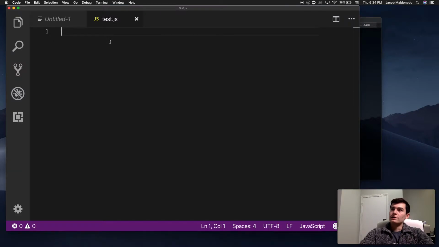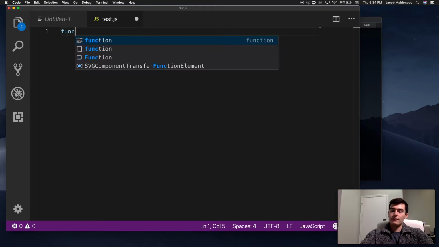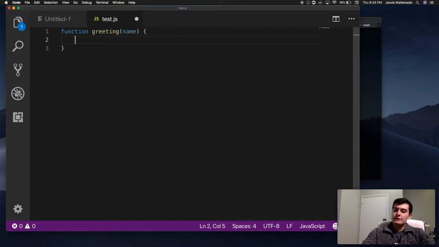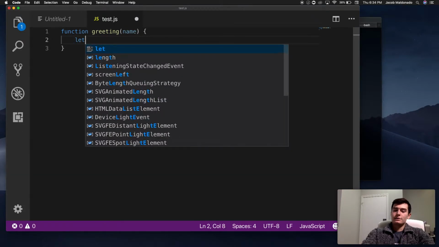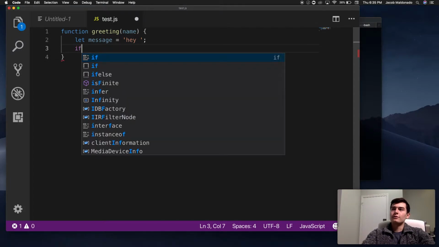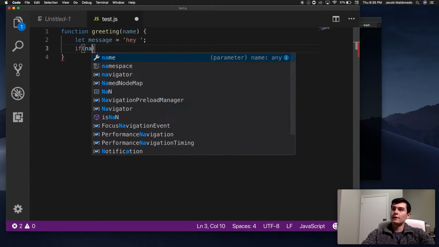So let's make a function. We'll call it greeting. Function greeting, and we'll pass in a name. So this function is basically just going to say, hey, name. But if there is no name, then we'll say stranger. So let's set a greeting message. So a message, let message equal, and we'll just make it say hey for now. Cool. And then we'll check if there's a name, and we'll add the name to the string if there is a name. So if name